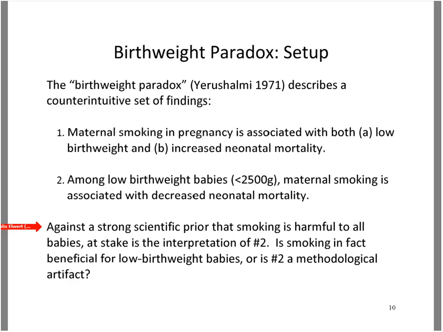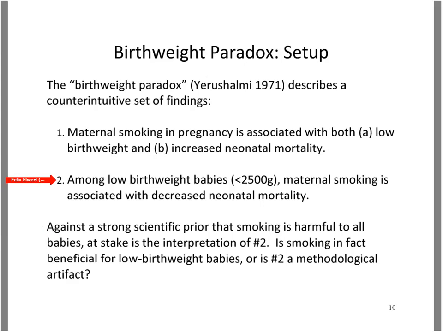What's at stake in this paradox is the interpretation of the second finding. So the question is: is smoking in fact beneficial to low birth weight babies, or is this association perhaps the result